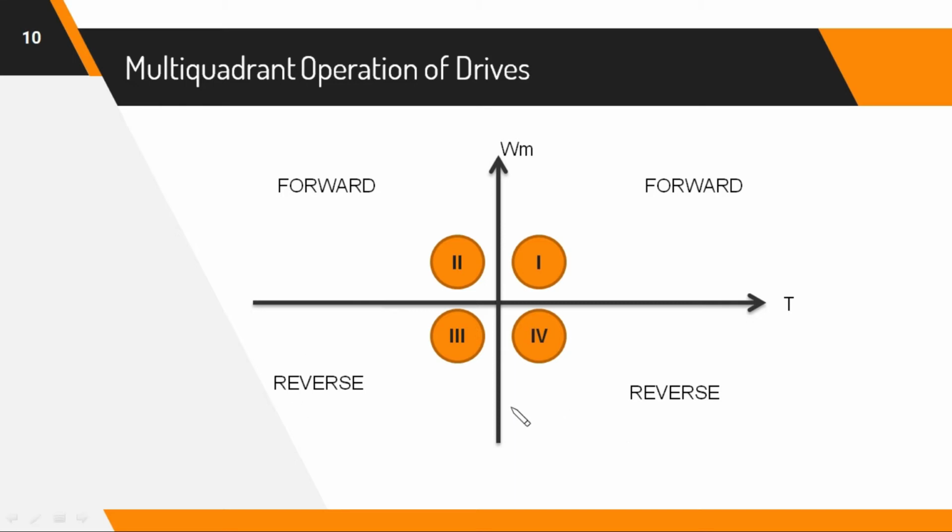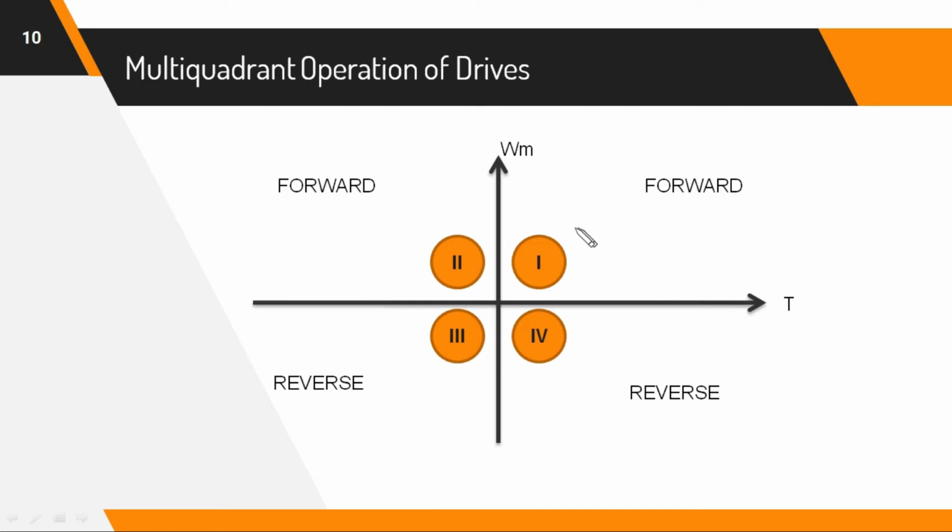Now next, depending on the power developed, the motor will act in a motoring or braking quadrant. Motor always runs in two kinds of quadrants, motoring quadrant and braking quadrant, between operations. If the power is positive, we call it a motoring quadrant. If the power is negative, we call it a braking quadrant.